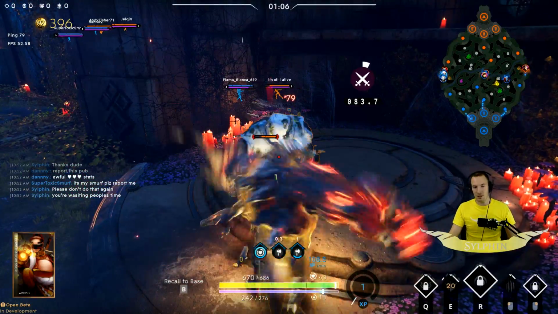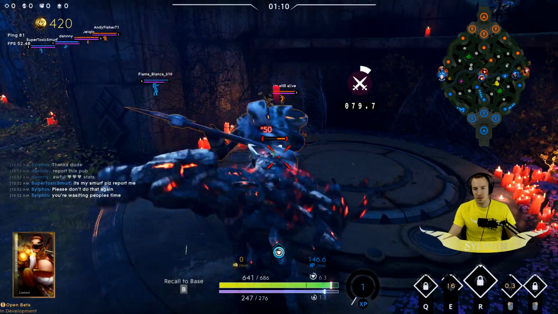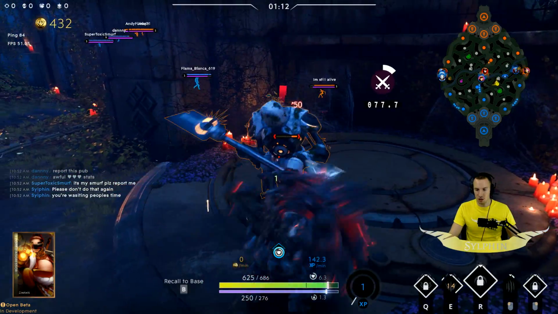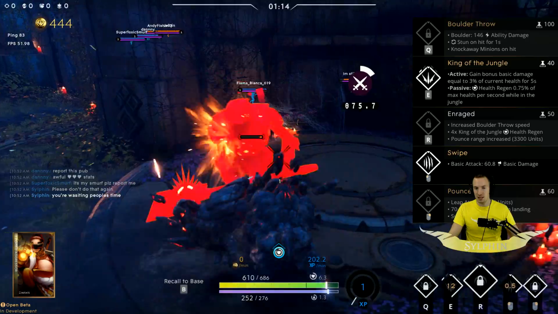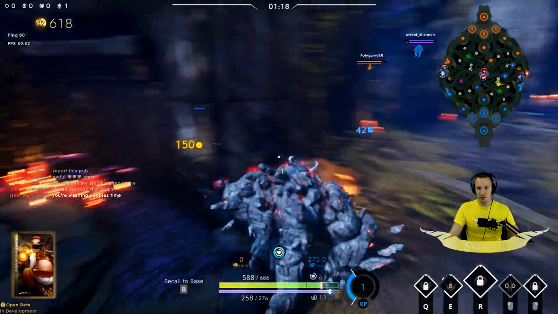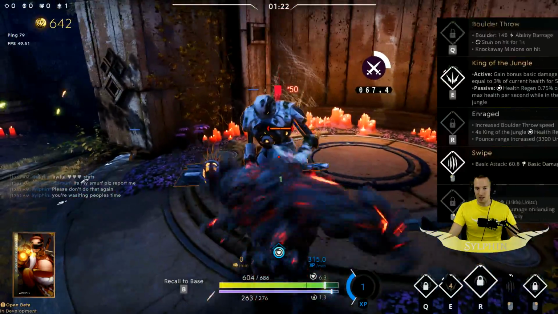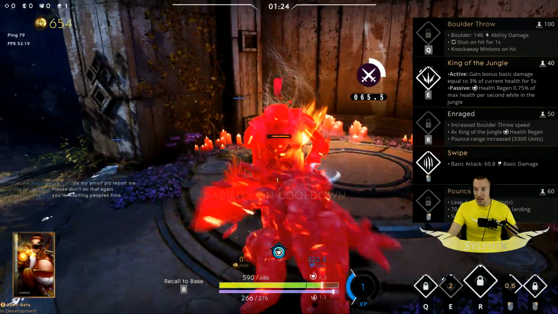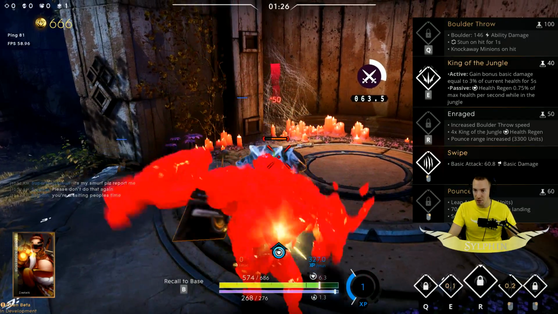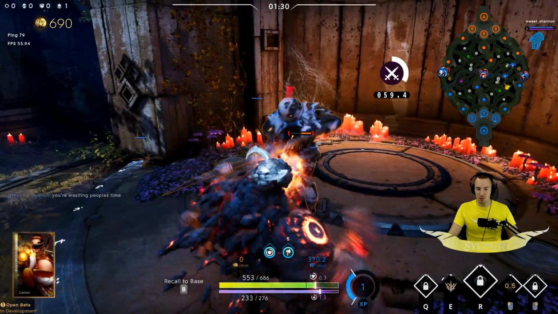So, in this early game here, we pick up Poised Aggressor and go to the top of the strong jungle. We take our E, which is King of the Jungle, and it's kind of what Rampage is all about, what this deck is really incentivizing. It's an active ability where you gain 3% of your current health as basic damage for 5 seconds. So it's pretty darn awesome,